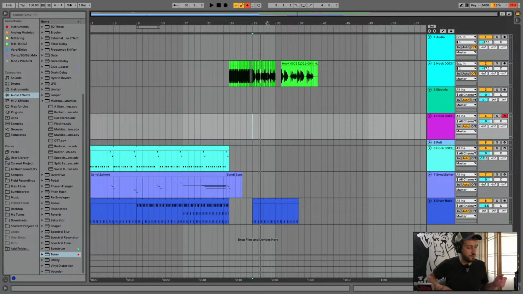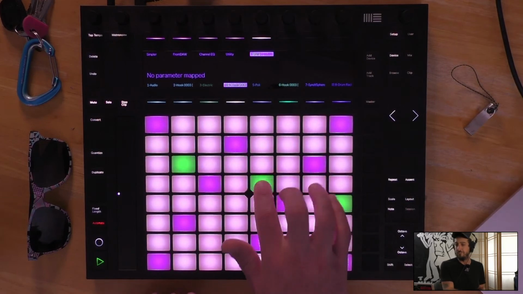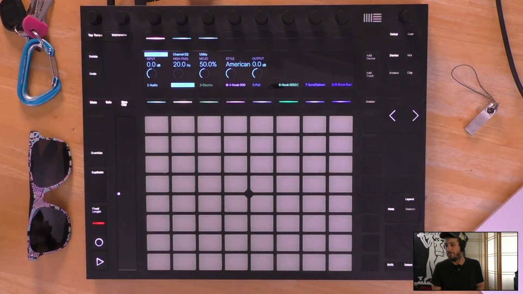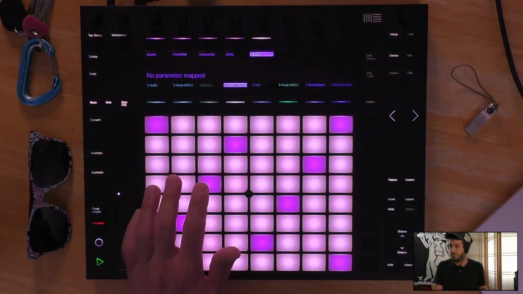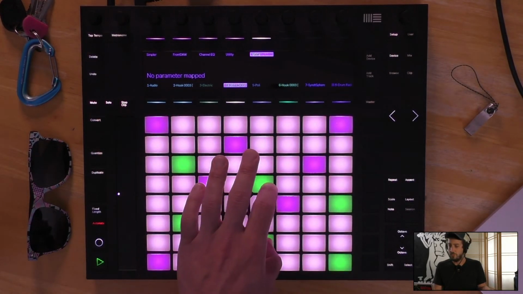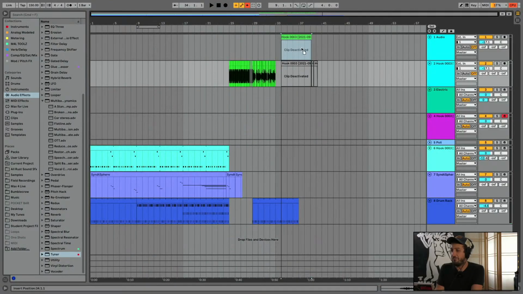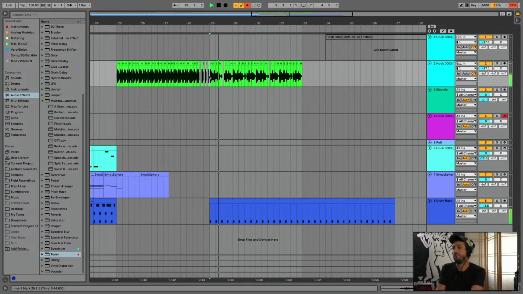Oh, why does this feel so weird? Because I have my thing set to a minor scale, but this thing's doing a major scale thing. Whoops. Gave it away. So yeah, I really like this thing. It needs some drums that have some character, but this is a fun chop.